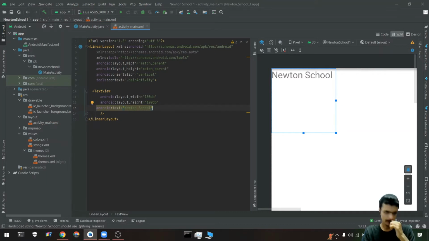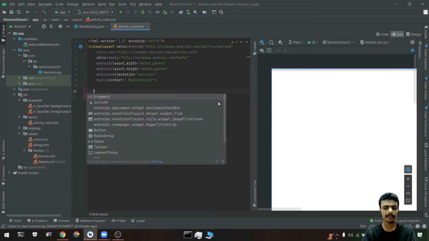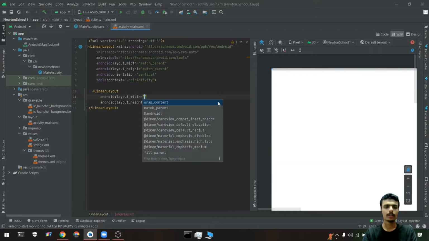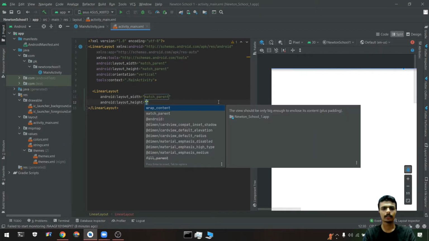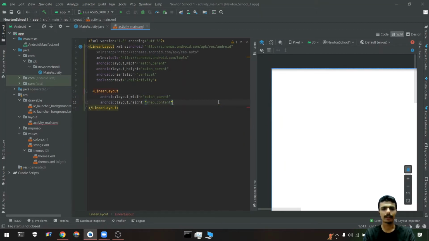Okay, so let me create some more complex layout so that you can get a better understanding of the padding and margin. Let's create another linear layout. The width will be match parent, and the height will be wrap content only.